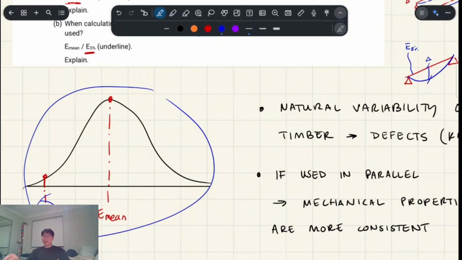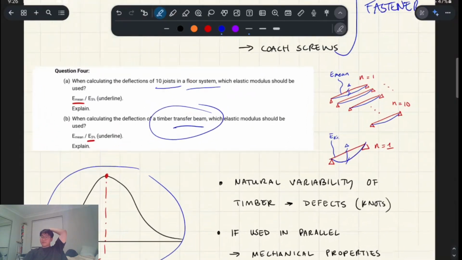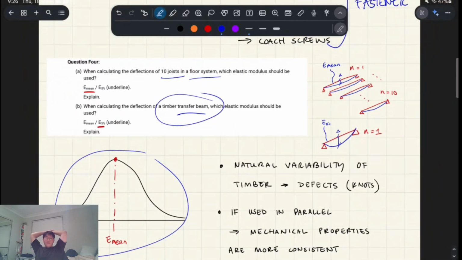Because in the case of a transfer beam, from the mill you don't know which piece of wood you've picked up. You could have picked up one in the middle, one which is slightly worse, or one that's slightly better. But obviously we want to be conservative, so we design for that kind of worst case scenario. I answered part B, but part A is a little bit different,